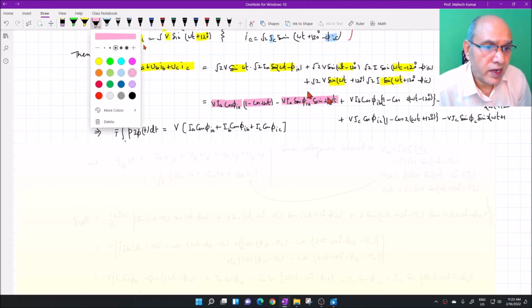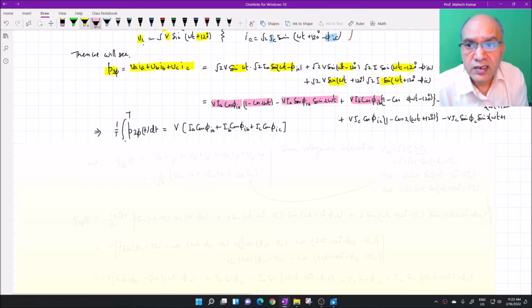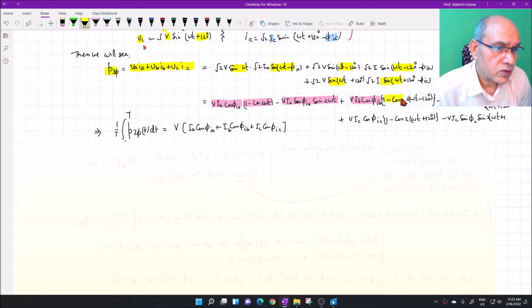For B phase you will get VIB cos phi IB times 1 minus cos of 2 omega t minus 120 degrees, and here it is VIB sin phi IB sin 2 omega t